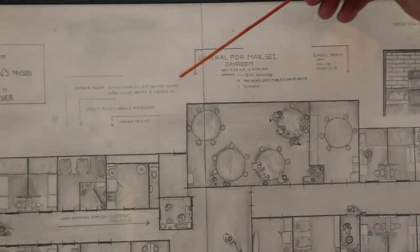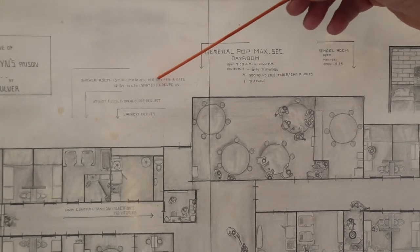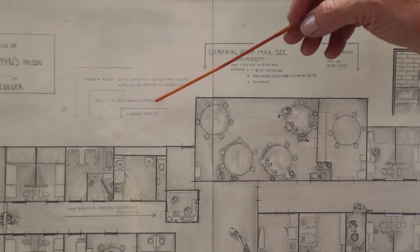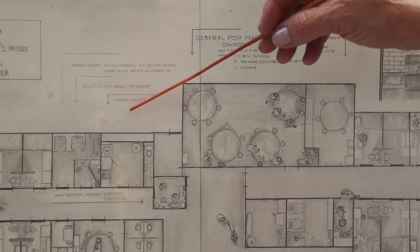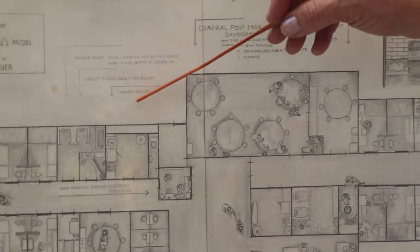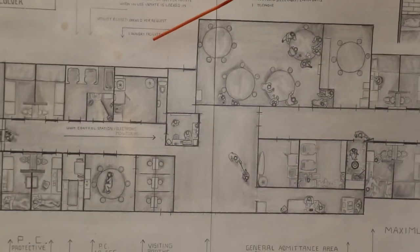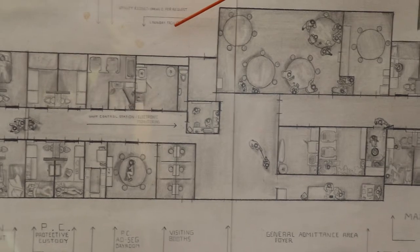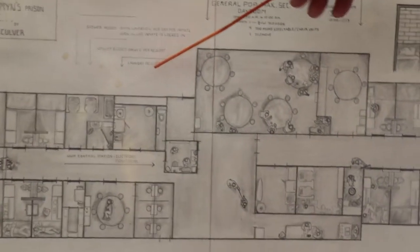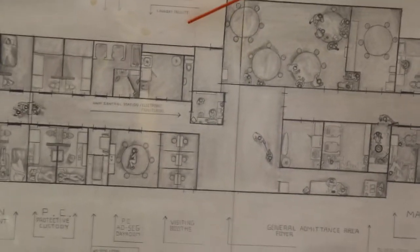Okay, so let's get back up to here. The shower room, 15-minute limitation per day per inmate. When in use, inmate is locked into the bathroom area and shower. And sometimes, like, they would give me my showers at 3 in the morning specifically because they knew it was all cold water, and because that was the only time I got out to make phone calls, so I could not reach my attorney or newspapers and blah, blah, blah. But nonetheless,